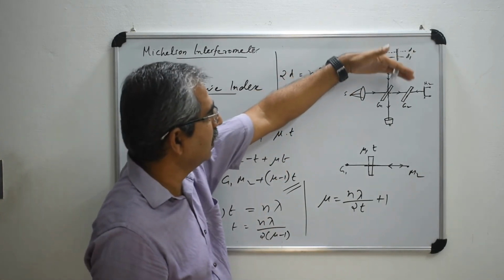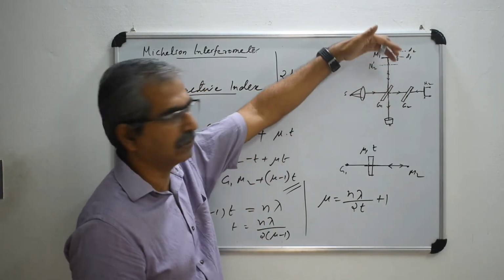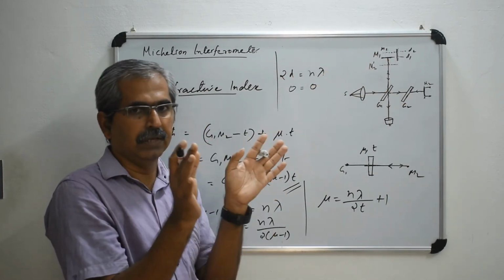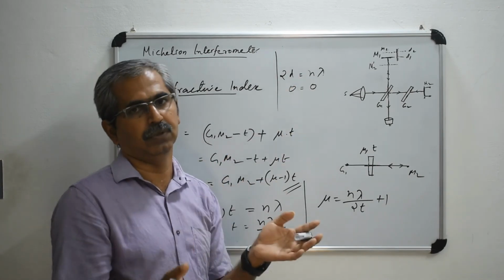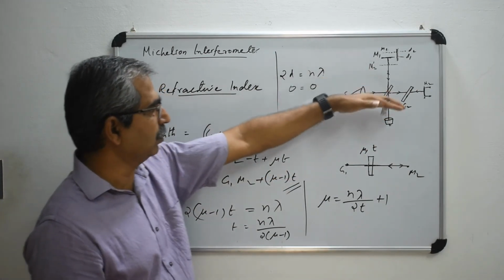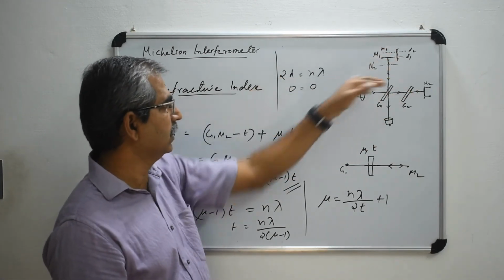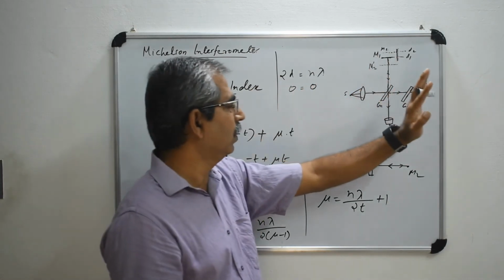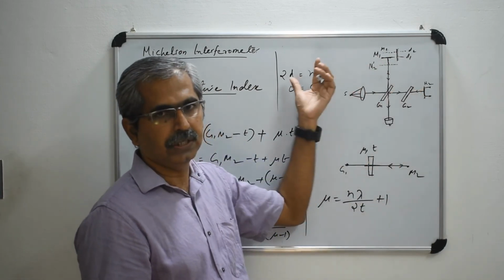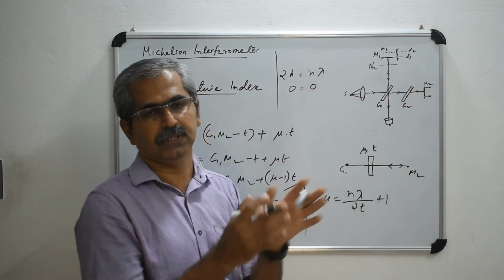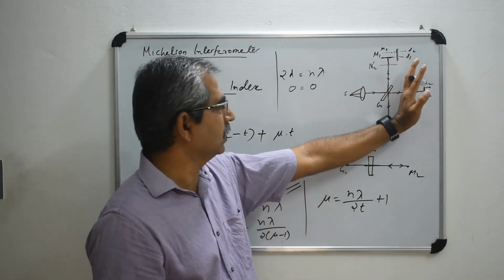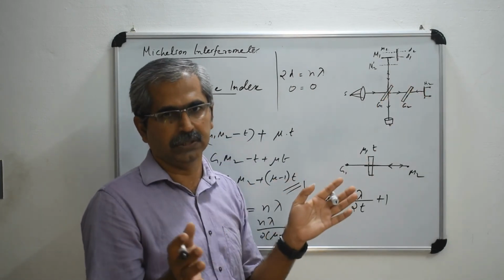Now if you move this M1 slightly, initially you will get the colored fringes, and then everything will be lost because in white light you have a large number of fringes. Initially, for 0 path difference, you will get the dark fringe. Now you are introducing a thin sheet. Initially D was equal to 0, which means the path difference equal to 0, so you have a dark region there. Now you are introducing a transparent sheet, so that system will be disrupted.